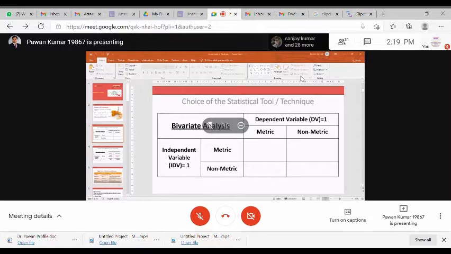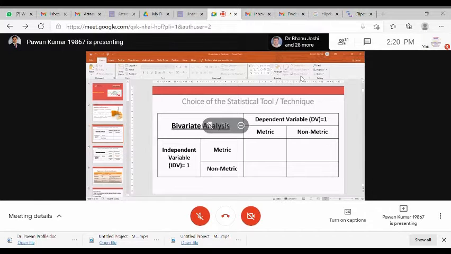example, I tell you one good example: the significant difference of age on smartphone purchase preference. So now the age or the gender is the non-metric. If you would like to know the significant difference of gender on the smartphone purchase, smartphone purchase is metric data, that is our dependent variable, but the non-metric data, which is the independent variable, is the gender, that is male, female, or transgender.